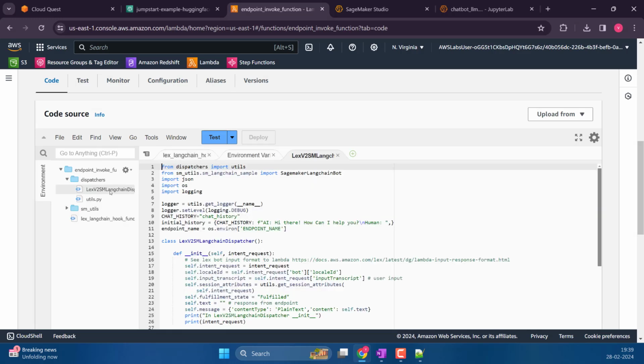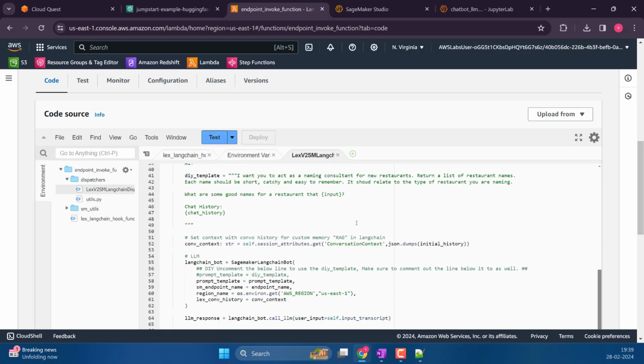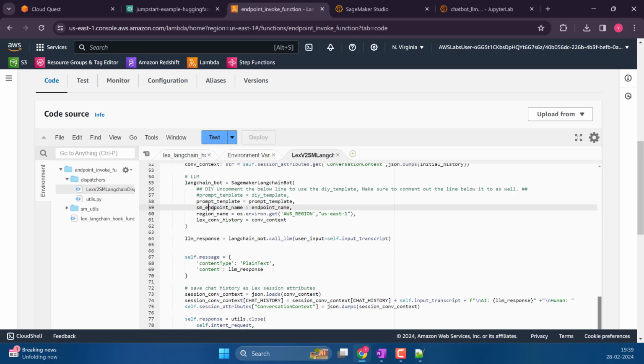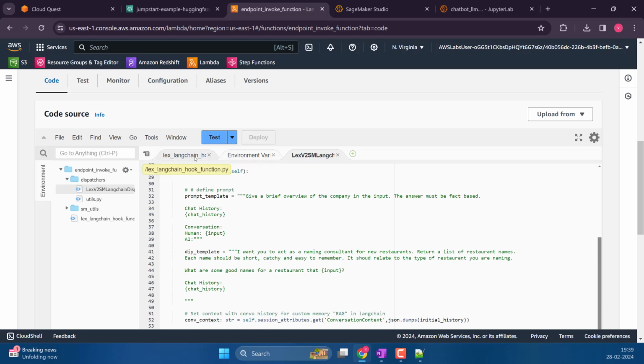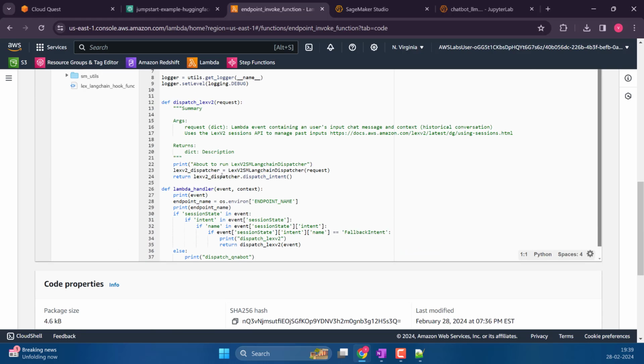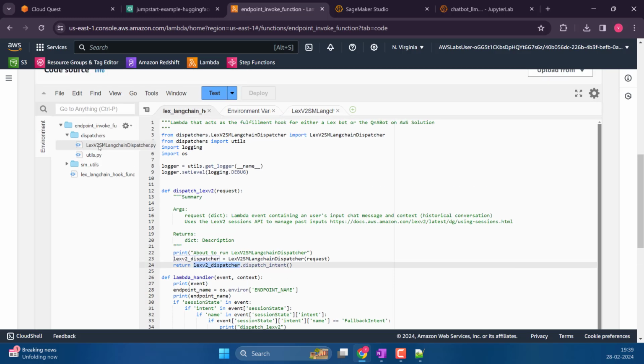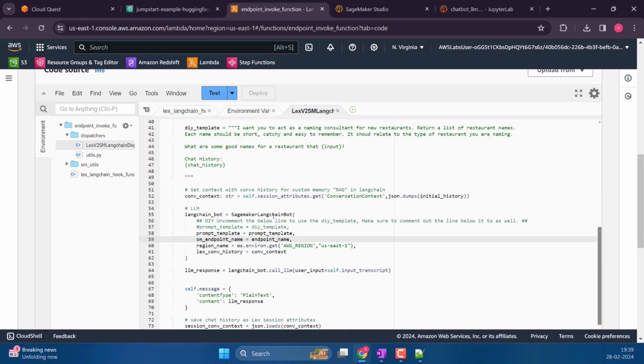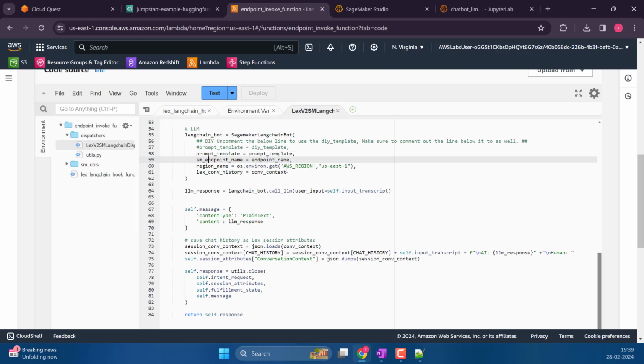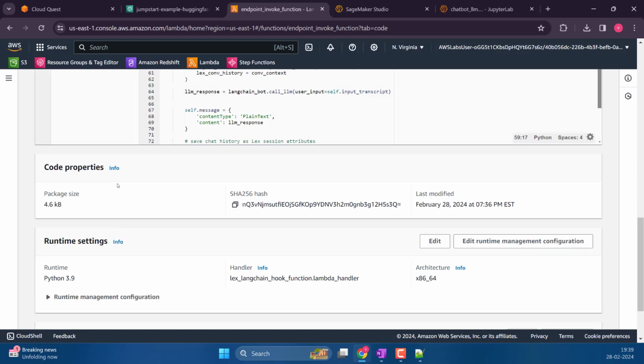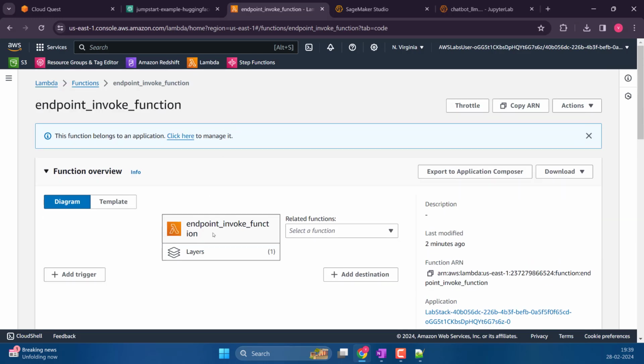Utils, dispatchers. What does this dispatcher do? Dispatch intent. I think SageMaker endpoint. Okay, this is where it is happening. Okay, so if I go to this code, where is the dispatcher? Is this the dispatcher? Yeah. Okay, this is where we are executing it. That actually contains all the code where it is triggering the SageMaker and getting the response and whatnot. Oh, okay, cool. So now since we already added that there, let's go to Lex.